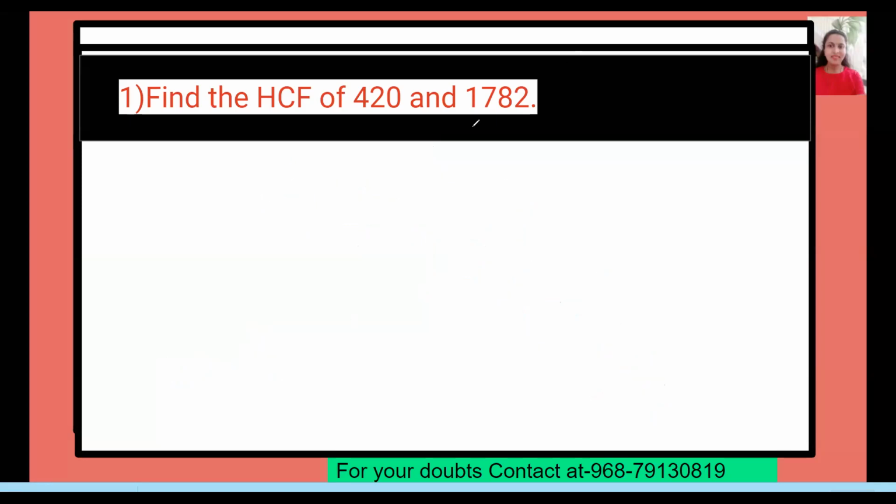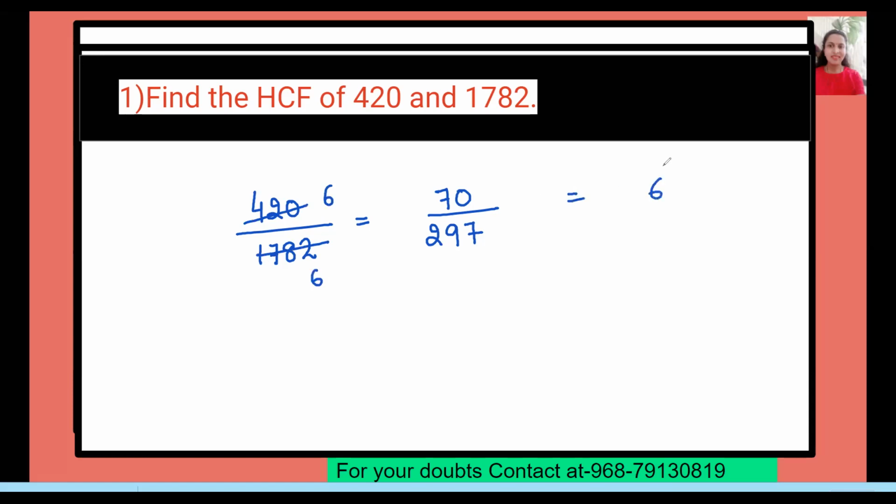We can also do it by the prime factorization method, but I'll teach you one like the proportional method. You see the number is divisible by 6. If you divide by 6, this is how much? 70. And if you divide this one by 6, 6 2s are 12, 58, 9 6s are 54, and 42, 7. Now can you divide further by 7? No. So 6 is the HCF. That way also you can do, whatever you prefer.